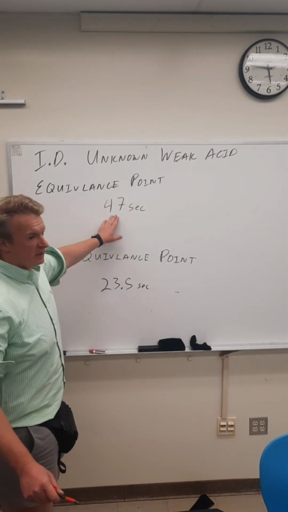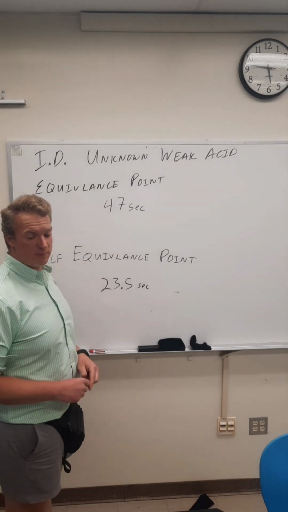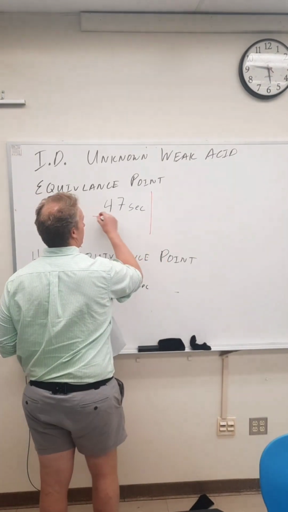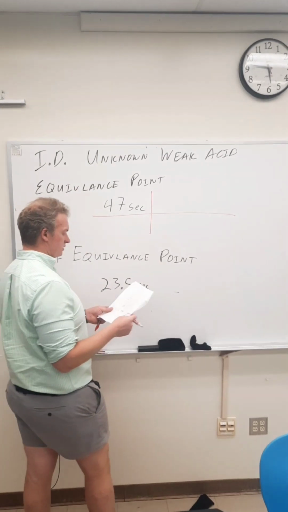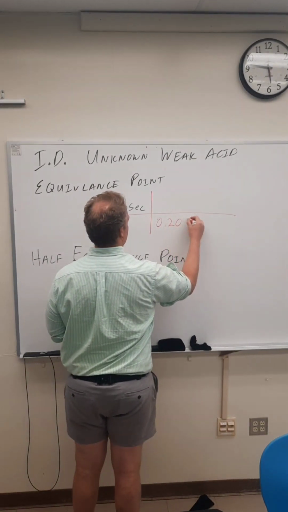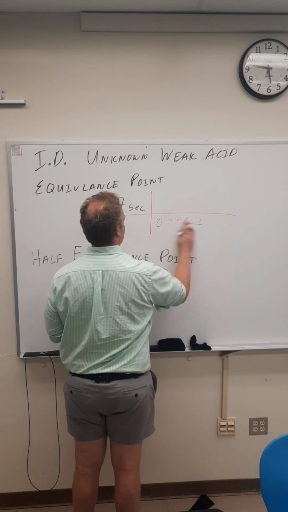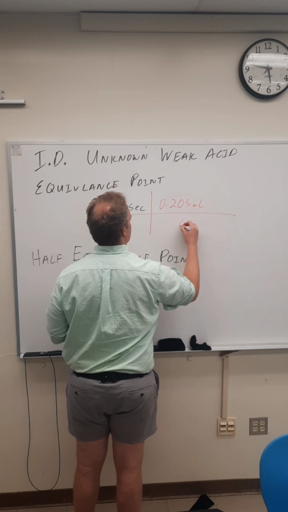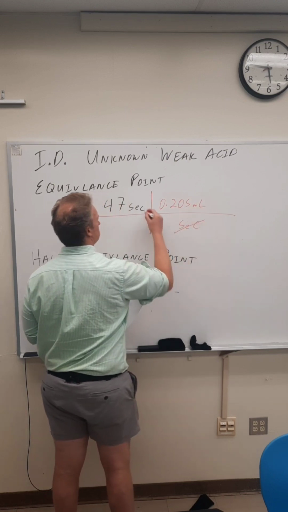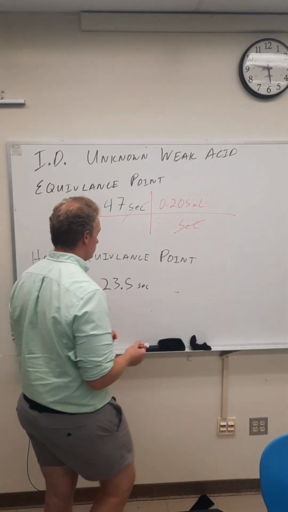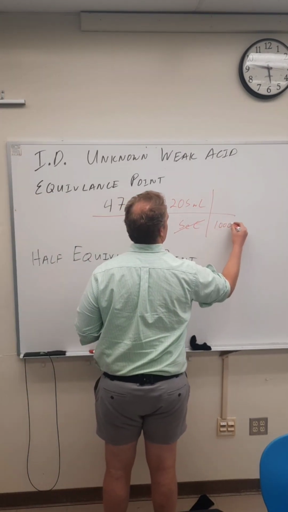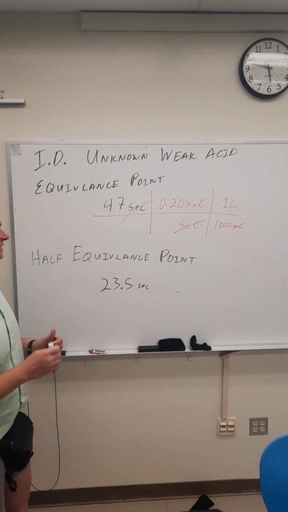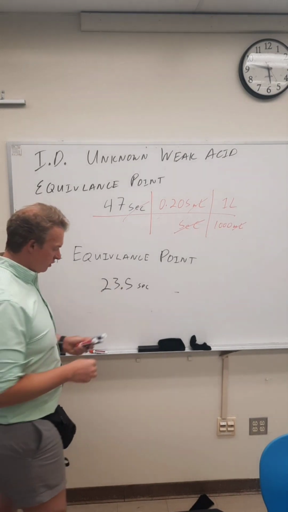For the equivalence point, I need to know the moles of base that has been dispensed. So at 47 seconds, this is where the drip rate comes into play. At 47 seconds, with a drip rate of 0.205 milliliters per second, that'll give me the milliliters that has been dispensed. Now that solves for liters that has been dispensed. And the molarity, finally,